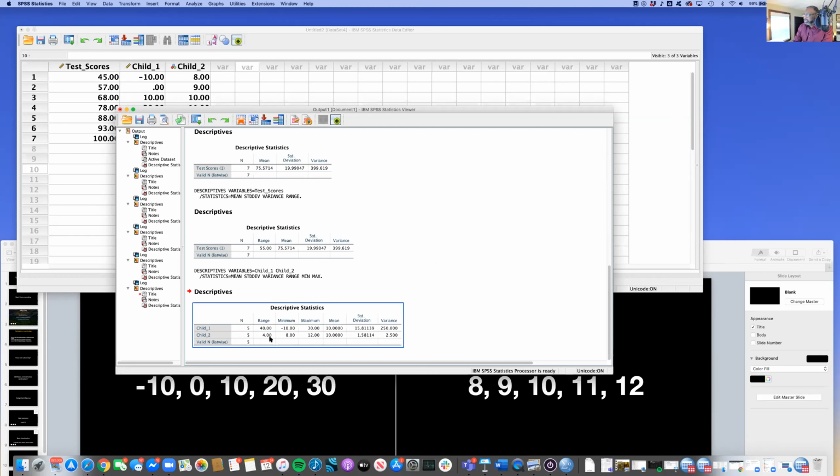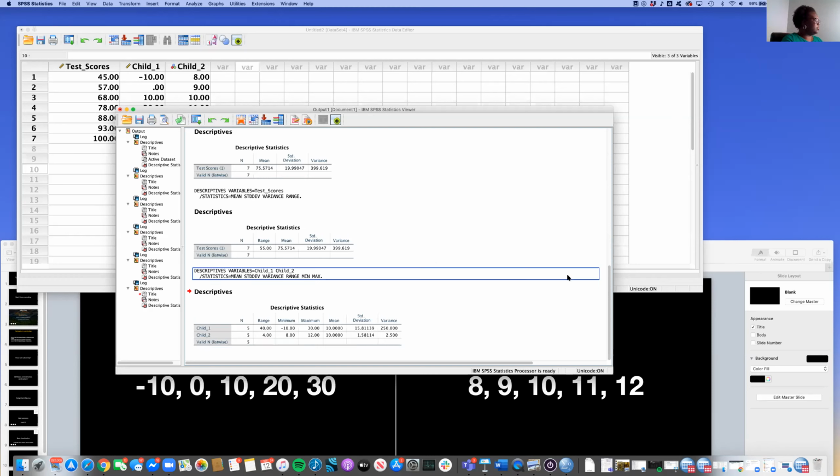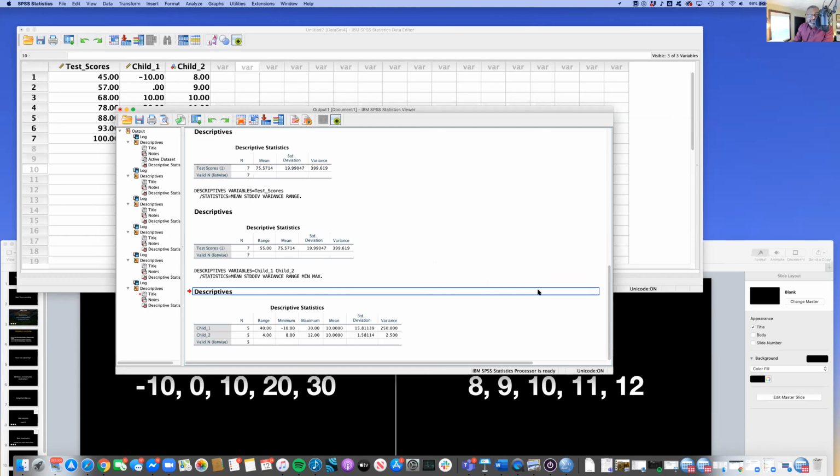Now, for child 2, the range is what? 4. Minimum is what? $8. Maximum is $12. Again, the mean's 10, it's the same, but we see the standard deviation is what? $1.58. So what does that tell you about the spread of data here from child 1 to child 2? Child 2 is more consistent, or